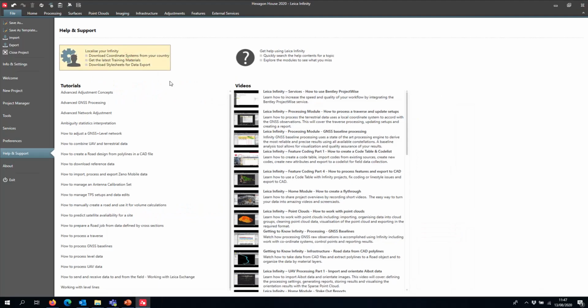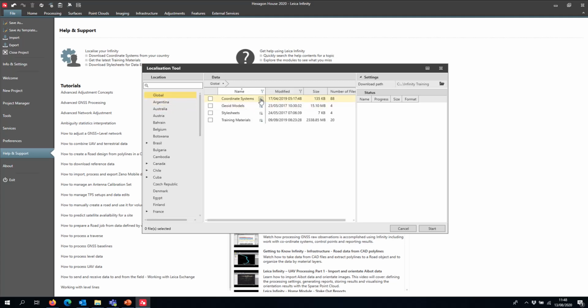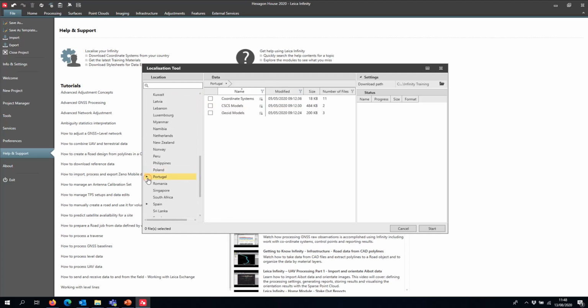Also, under the localization tool, you'll find access to essentially every available official coordinate system on the planet that we can supply with Infinity. So you just select it and you can download it. You can find here on the global, for example, all of the UTM ones, including the global joint models and some. I'm from Portugal, so you also find the Portuguese ones here, the official ones,